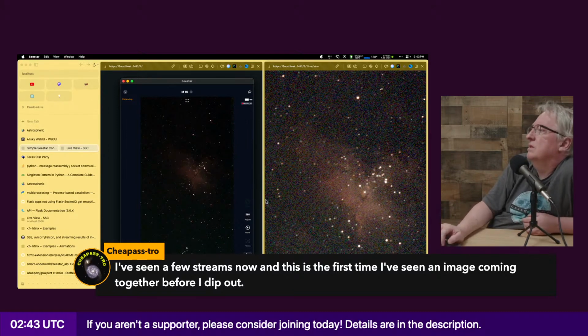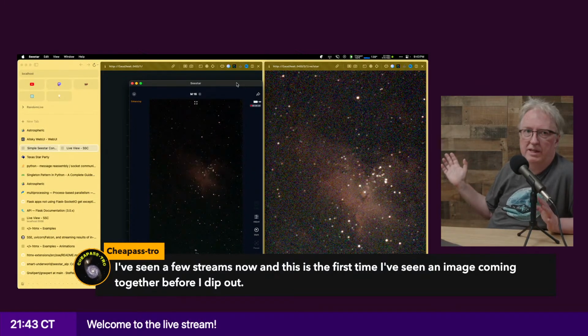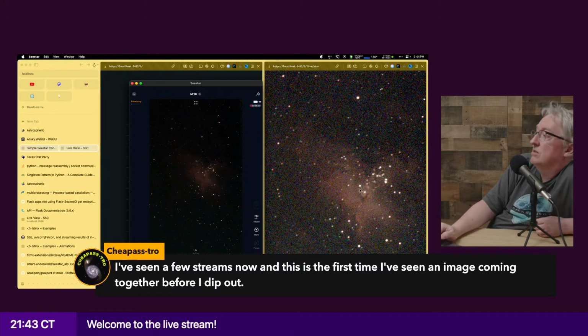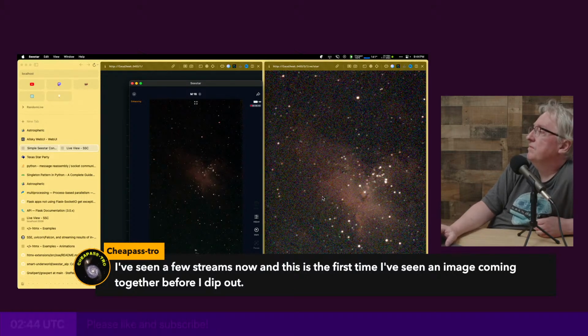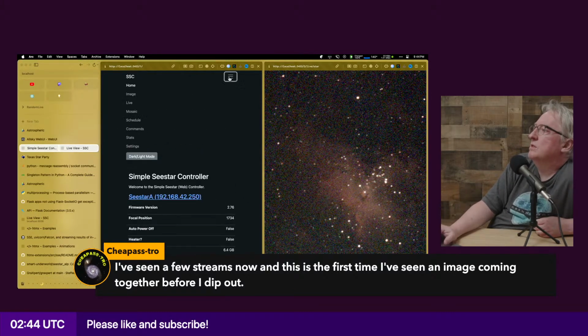So this is nice. This is the full size image, not scaled down. That's another thing that's kind of nice about this live view: if you're running it on a monitor, you can run it full size and see more of the detail. So you can see the Pillars of Creation in there a little bit better. Now it's obviously still noisy because it's only got like 5 minutes of data and Bortle 9 skies.